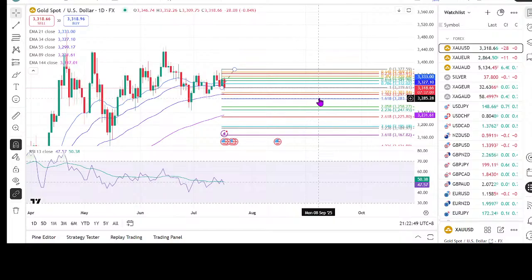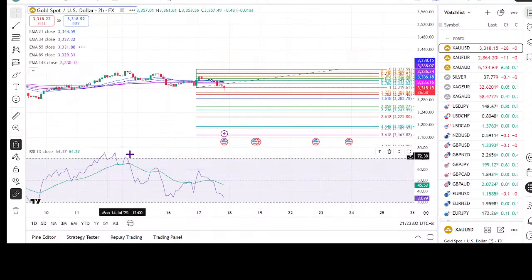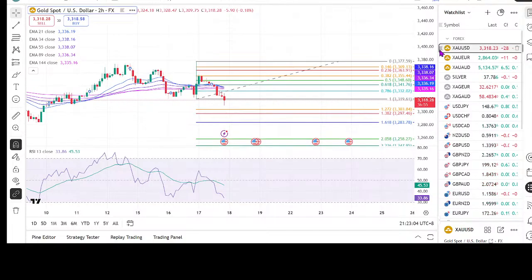There is a possibility that this can move further down. Okay, so now we are going to take live trades on this. We are going to see an entry, then we would see